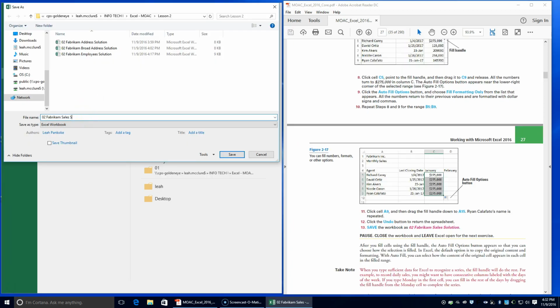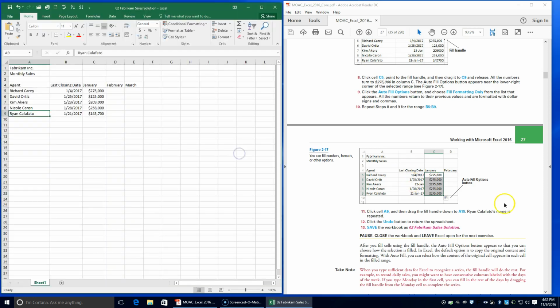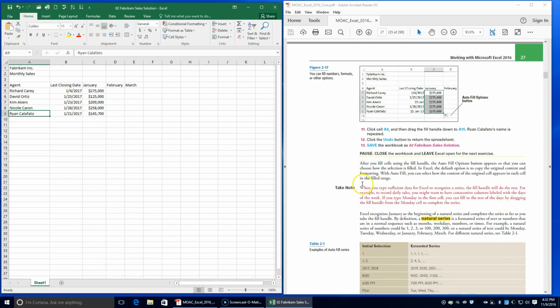Fabricam Sales Solution. Okay, save it. It says to take note, when you type sufficient data for Excel to recognize a series, the fill handle will do the rest. For example, to record daily sales, you might want to have a consistent column labeled with the days of the week. If you type Monday in the first cell, you can fill in the rest of the days of the week by dragging the fill handle from the Monday cell to complete the series. So it'll recognize